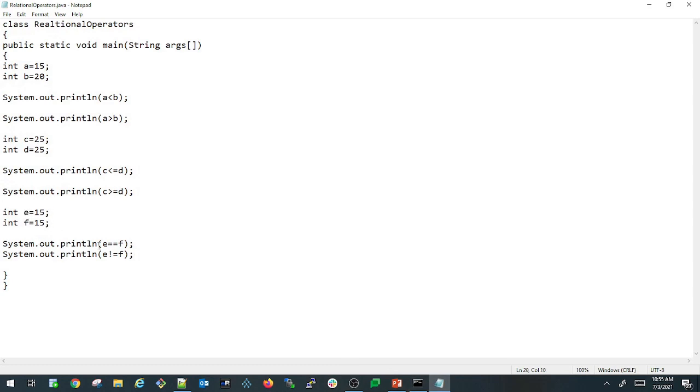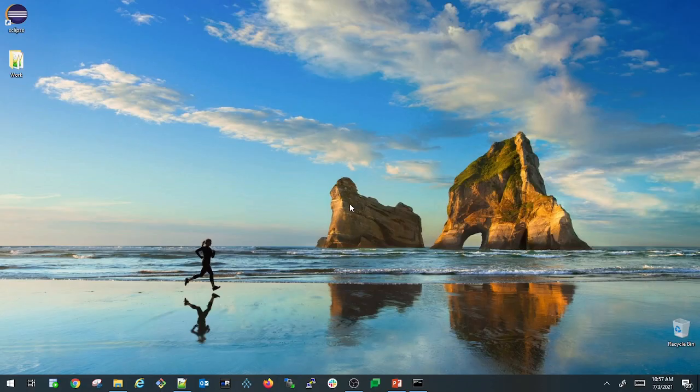This print statement is basically verifying whether e and f have the same value or not. In this case both have the same value and it printed the value true. Whereas in the last print statement, it is verifying whether e and f are not equal, which means they don't have the same value. It is assuming both e and f do not have the same value, but in this case actually they have the same value. So that is the reason it printed the value false.